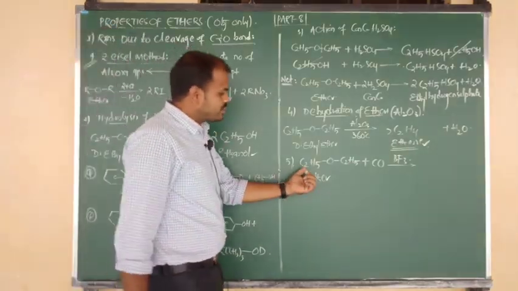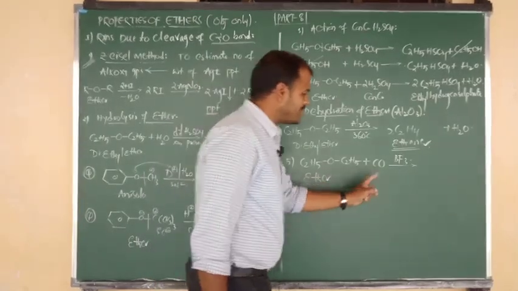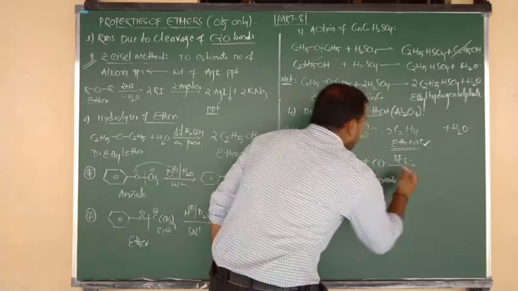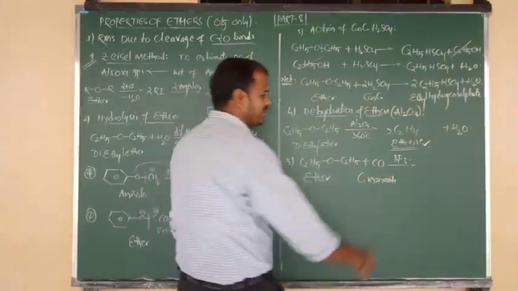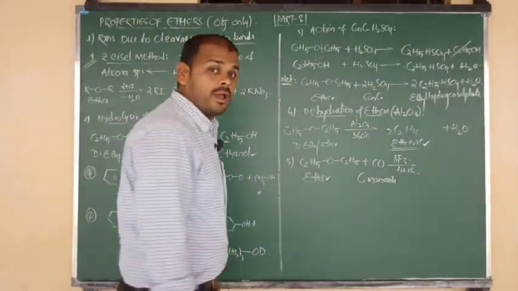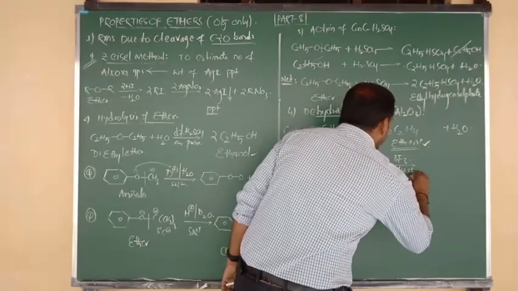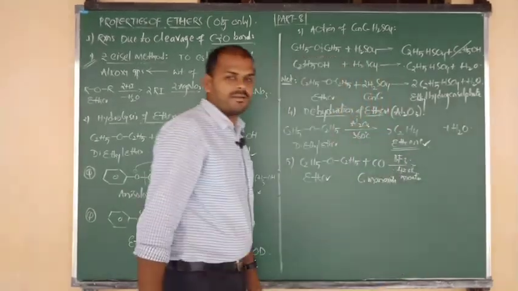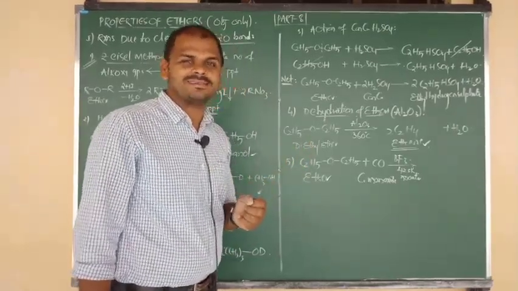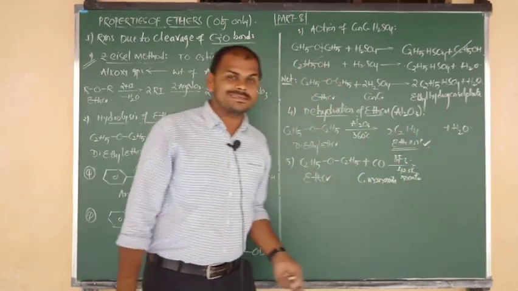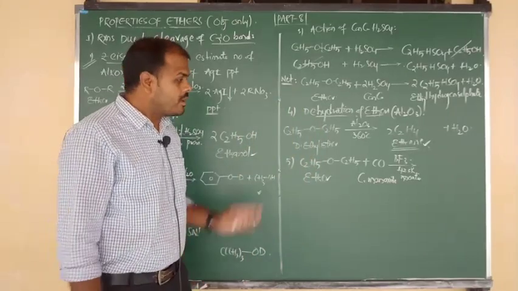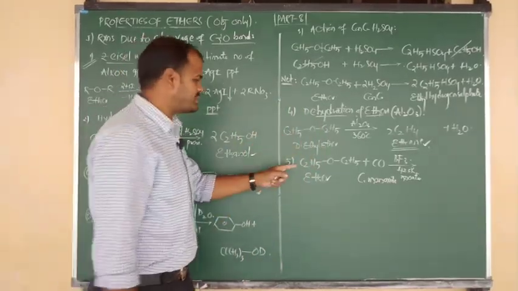Okay, right. So diethyl ether upon reaction with carbon monoxide in the presence of BF3, a Lewis acid, but this reaction takes place at a suitable temperature of 423 Kelvin and a suitable pressure of 500 atmosphere. These two conditions have to be applied here, and you are going to get the product, an ester. What is the product? Ester. So ethers can be converted into esters by the addition of carbon monoxide in the presence of BF3. So how is the ester formed? I am going to show the reaction.